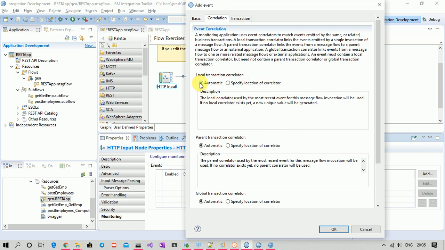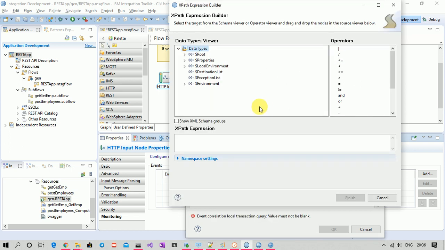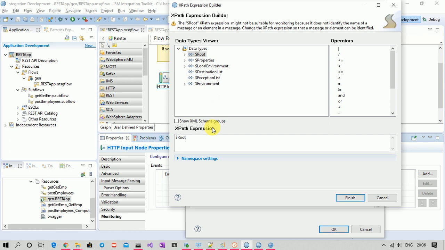If we choose automatic, then a unique transaction ID will be generated, and using that we can track, or we can also specify it from input. Maybe in my HTTP header some transaction ID is coming.